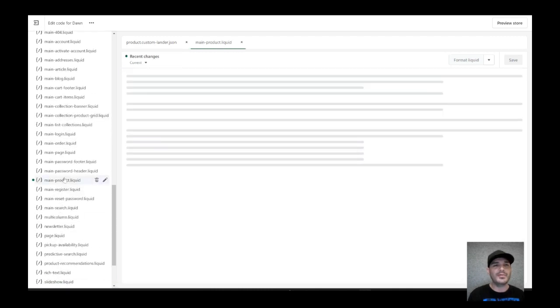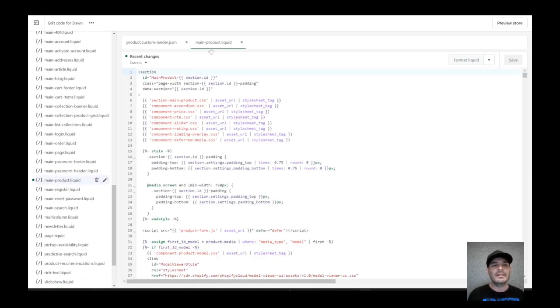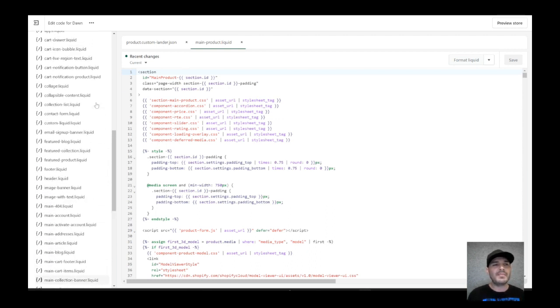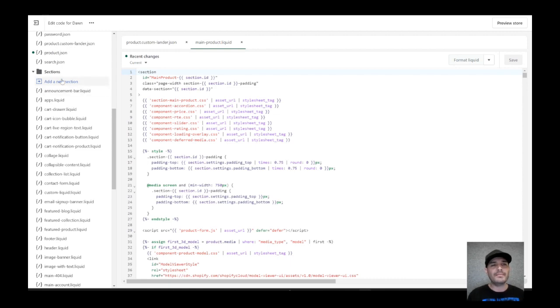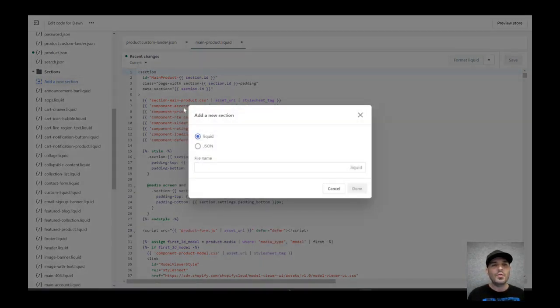Find your main product. Boom, we just opened up our main product. Now, we don't need this main product, we don't need this page, but we want to copy that code, or do stuff with that code, and we want to have a backup. So what we're going to do is come up here to add new section, and change the name of it from main product to custom